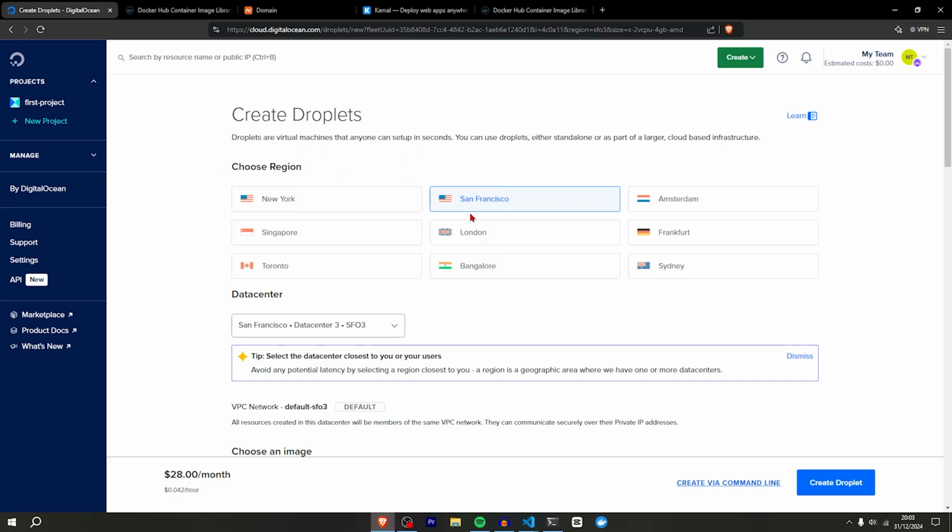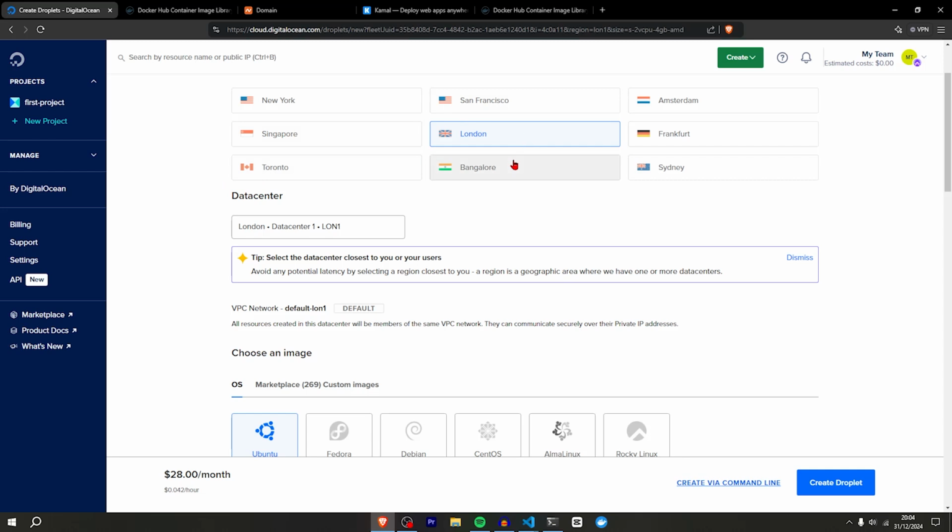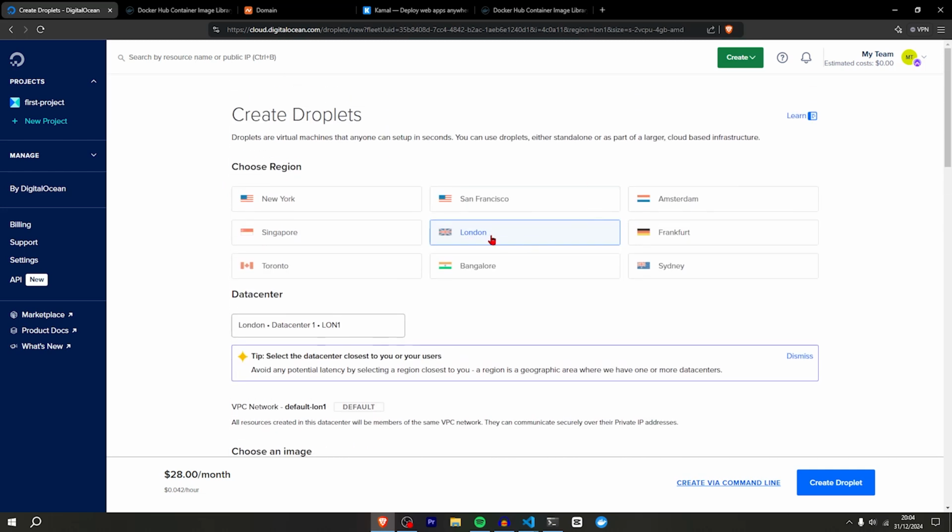You want to choose the region that is closest to where you are or to where your users are. In my case, my app is not for any other people, it's just for me because I want to demonstrate how to deploy with Kamal. So I'm going to choose London as that is the closest one to me. Now that I have selected London because it's the closest one to me, so it'll be the fastest to load,